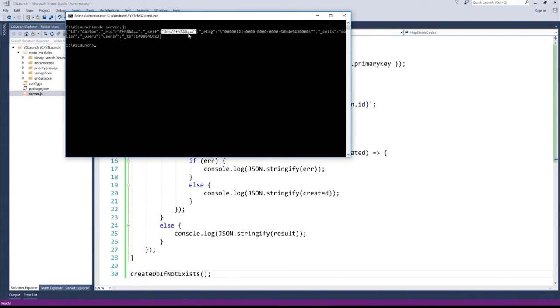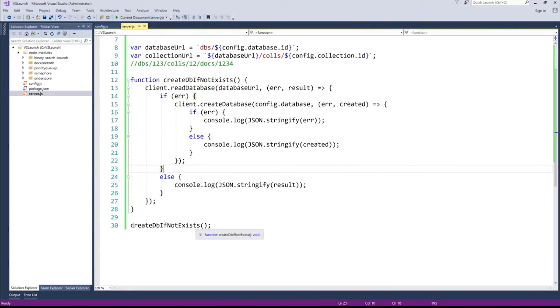And that's what we need. That's really your URL to get to your database. So this worked, which is pretty awesome. Now we have this. The next thing we're going to do is create a function